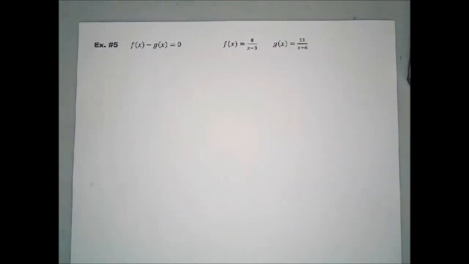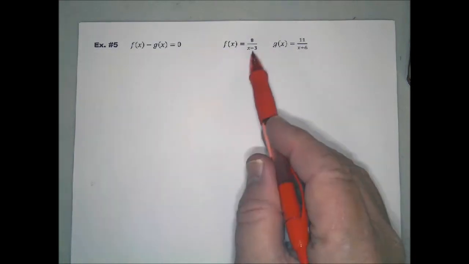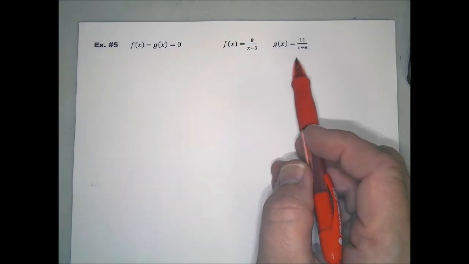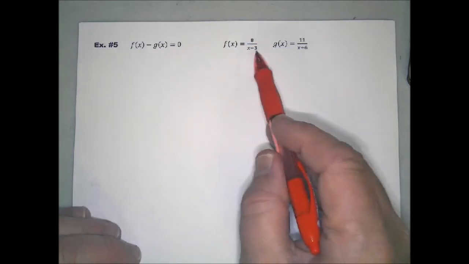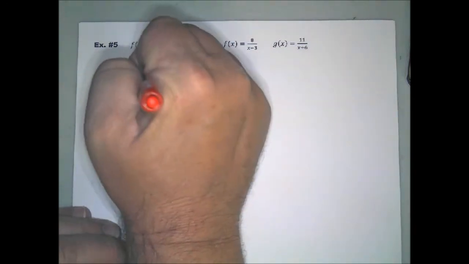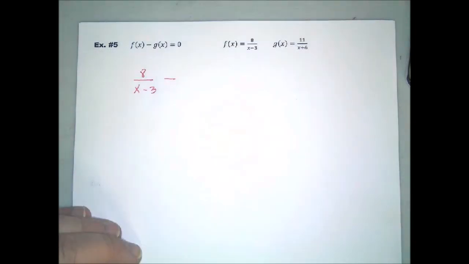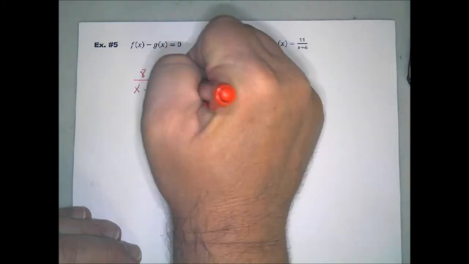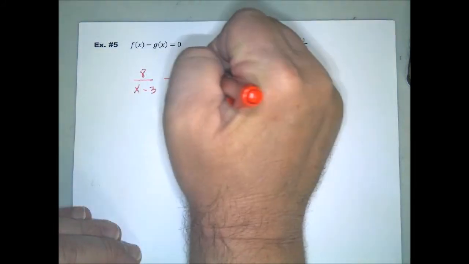The last example on worksheet 4 involves some function notation. The problem simply reads, if you take f of x and subtract g of x, you'll get 0 as the answer, and then you'll know what f of x and g of x actually are. So, first thing we have to do is just substitute. We know f of x is 8 over x minus 3 minus g of x, which is 11 over x plus 6,